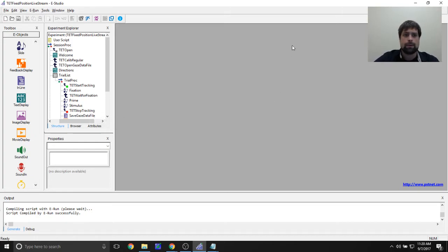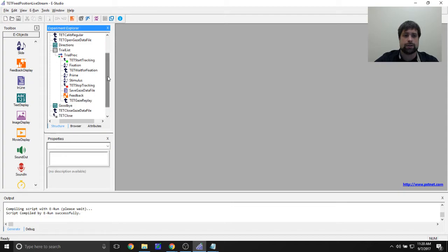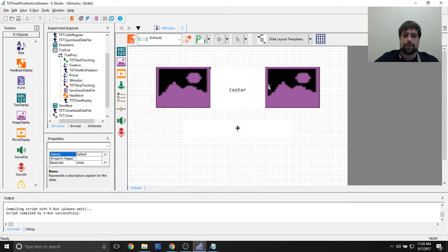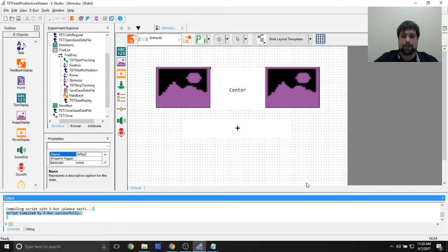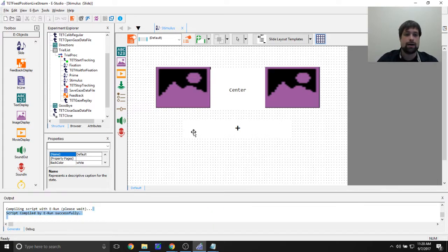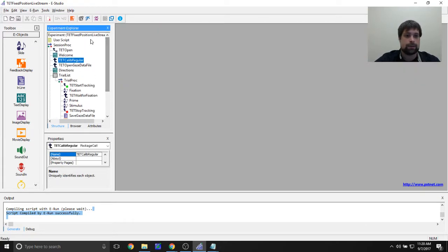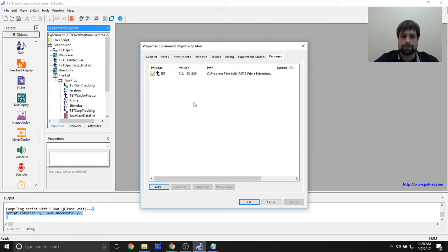Now what I'm going to do, if I want to send scene information, so let's say I want to take a look at my stimulus, and everything that's about this stimulus object I want to send to Tobii Studio. I want to send a scene here, and I want Tobii Pro Studio to take a look at this scene, and at where they've been looking across different scenes. To do that, I'm actually going to hop into my experiment object here,